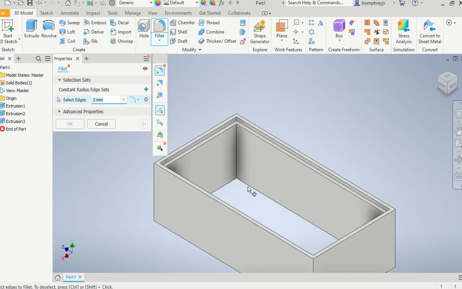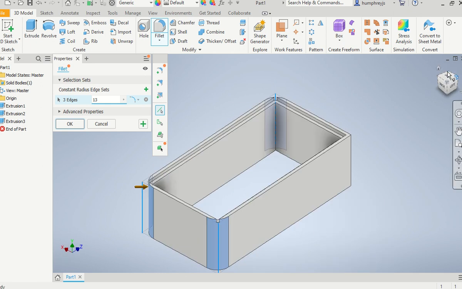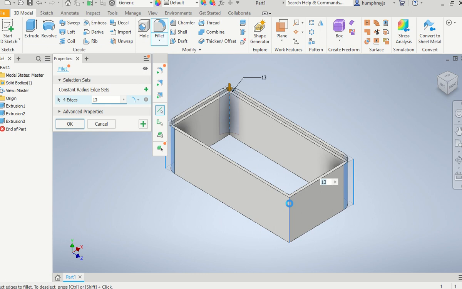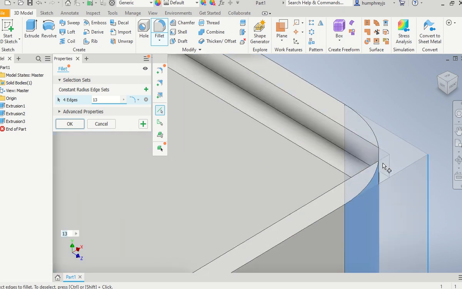So what I'm going to do is back to this. I'm going to make that 13 mil. Okay, and then I'm just going to select those corners. Now, can you see how easy that is? But of course, I can't select the corner over here. So what I need to do is just select it up here, spin it round, and they are my 13 millimeter radii. However, can you see that if I do this, I'm removing,